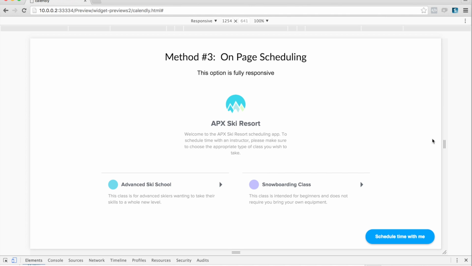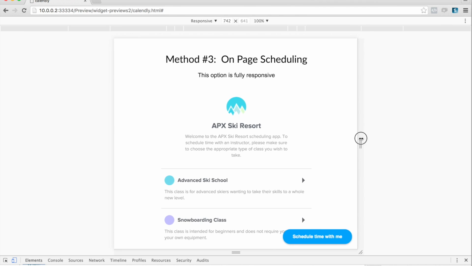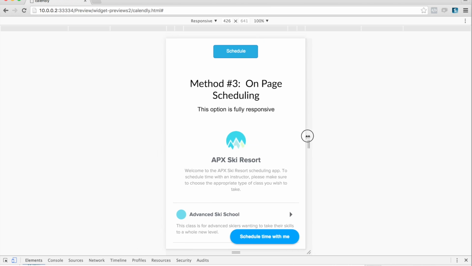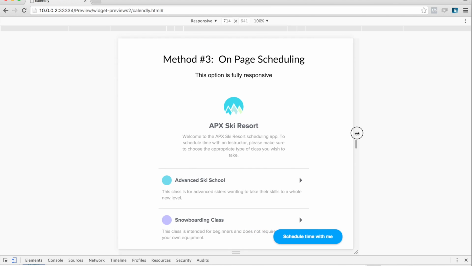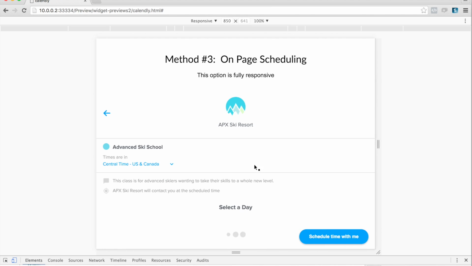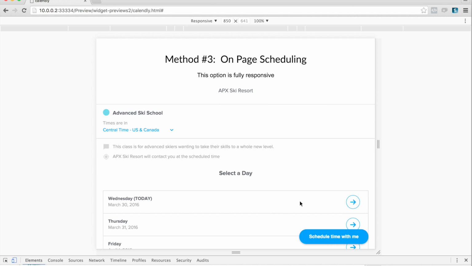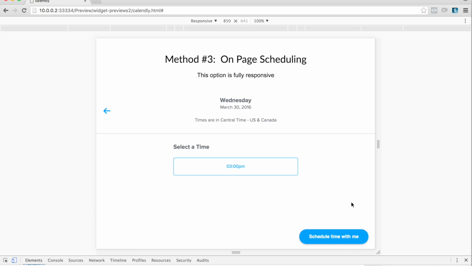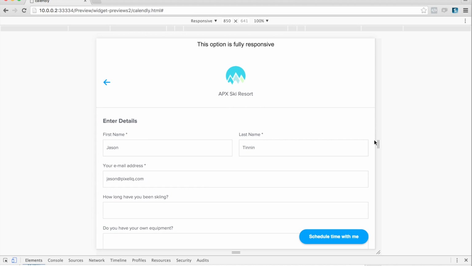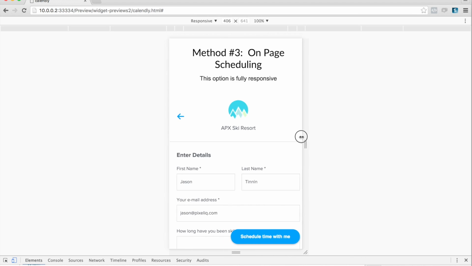Now, obviously, mobile responsive is an incredibly important part of the new Muse. So you'll notice that this widget is fully mobile responsive. So as I go up and down the spectrum of sizes, you'll see that it automatically responds no matter where I'm at in the process. So even selecting a day, you'll notice that the interface changed just a bit. And of course, I can select the time, and confirm it, and of course, continue to go through the process